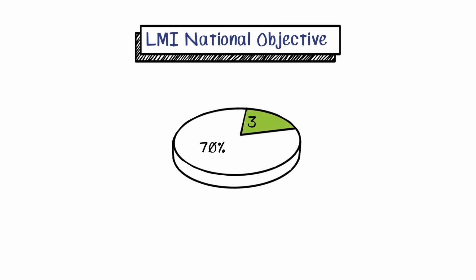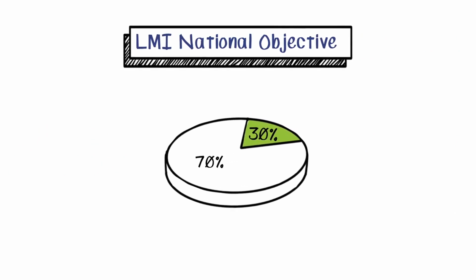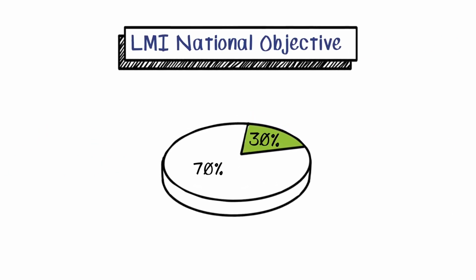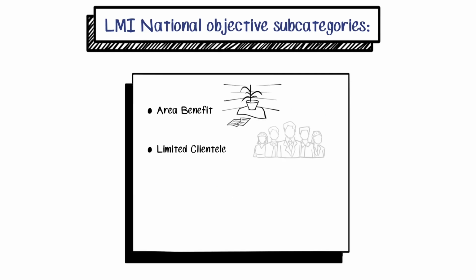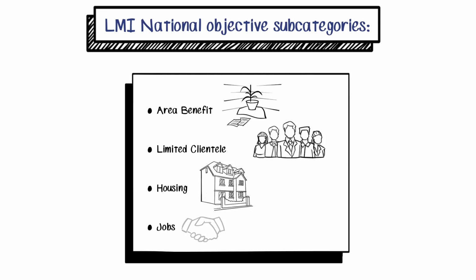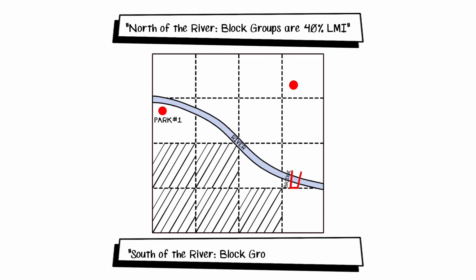The CDBG statute requires that at least 70% of non-administrative, non-section 108 loan repayment CDBG expenditures are for activities that meet the low and moderate income national objective. CDBG activities may meet the low and moderate income national objective in 4 different ways: area benefit, limited clientele, housing, or jobs. This presentation reviews the criteria to be met for a CDBG activity to qualify as a low and